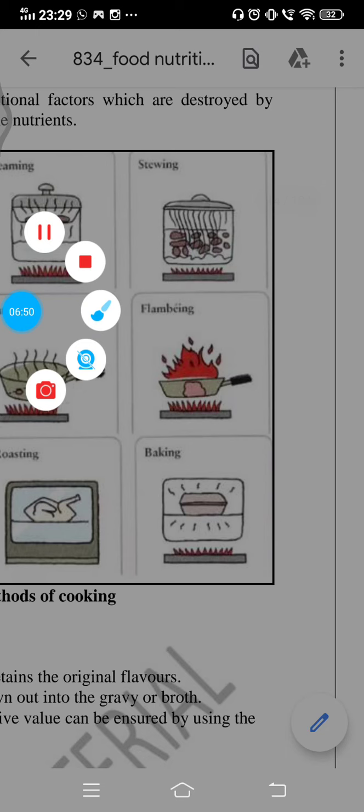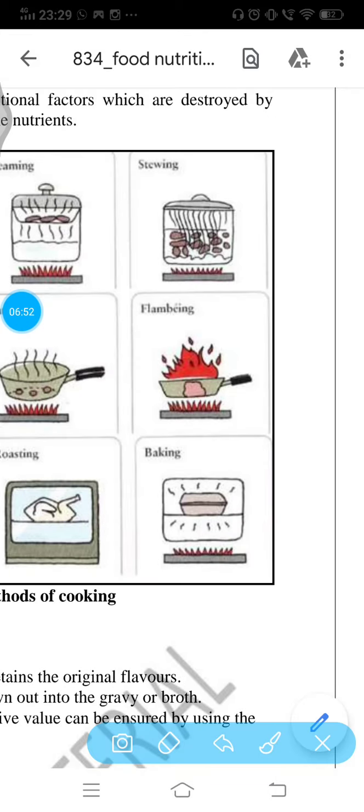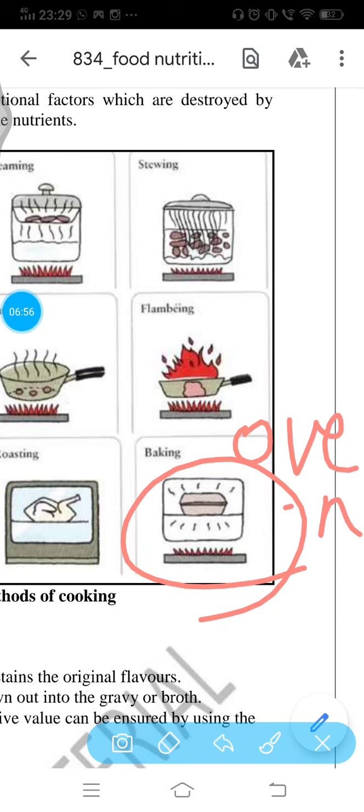Baking. I think we are all familiar with foodstuffs which are baked in an oven. Certain times we require special devices like an oven, but there are substitutes for the oven also. For example, you can take a pan, cover it, and cook the food inside it. Several techniques are there, but in baking, basically the moisture present inside the food is used to cook the food. So that is the baking method of cooking.